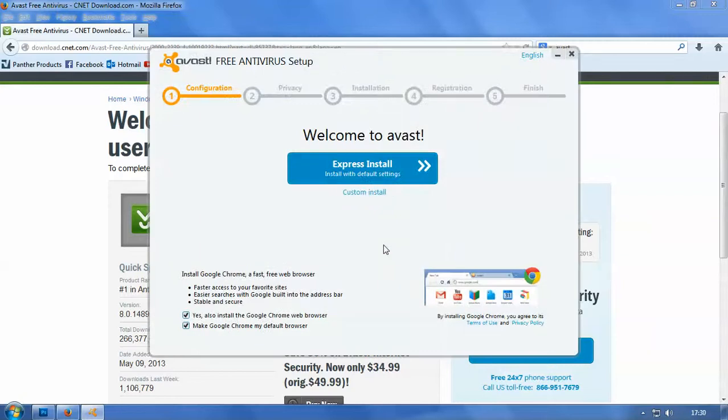Now as you can see, Avast is loaded. It'll come up with a configuration option, so we can either go with the express install. Most free software come with toolbar add-ons that you probably don't want or never use. It just takes up memory, so make sure that all of these are unticked. So yes, we don't also install the Google toolbar, no we don't want that. And make Google Chrome our default browser, no we don't want that. So if we go onto express install,